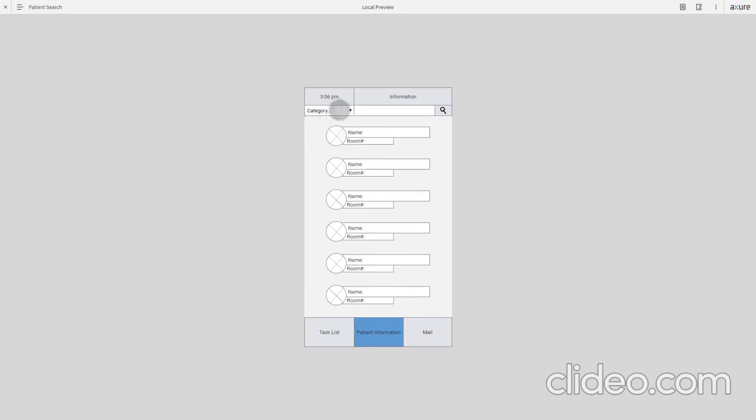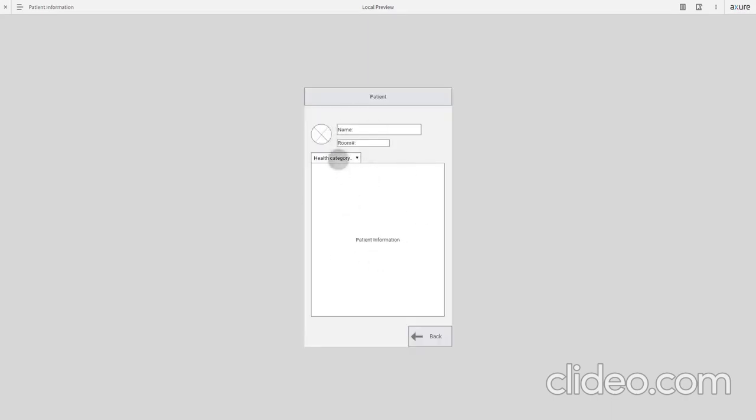So say, for example, aged categories are potential like mental problems that they can have in categories so as to know which people require different sorts of attention. They can search for patients in case they've been specifically assigned a task for a certain patient. And once they have this information, they'll have all the names and a picture here, what room they are located in. If they click on that patient,